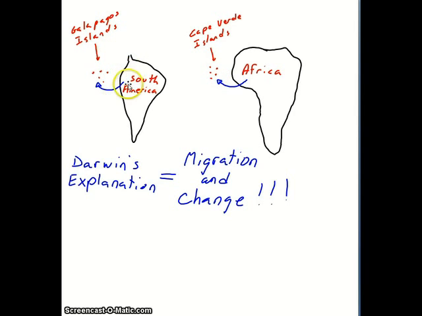So it's not that the continental species simply colonized and then stayed the same species. What Darwin's arguing is that the reason why these are different species from the continental ones is that the ancestors migrated out to those islands, but then changed over time. They evolved new adaptations, new characteristics to the new environment.